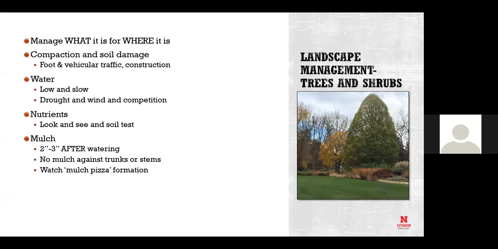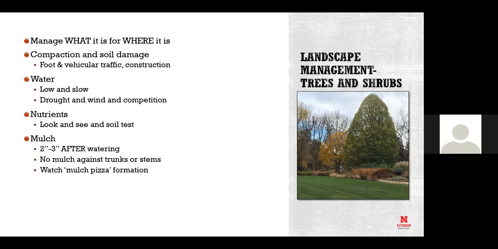So the picture on there is our incredibly beautiful silver linden over on the east side of the dairy store, being managed for exactly that tree in exactly that spot. Underneath it, nothing is growing and nothing will. The pruning has been not great, but that's okay in this case. You don't manage that tree for either being a different tree than a linden or being in a different location. So that's very, very important to think about as you're putting your management plan together.